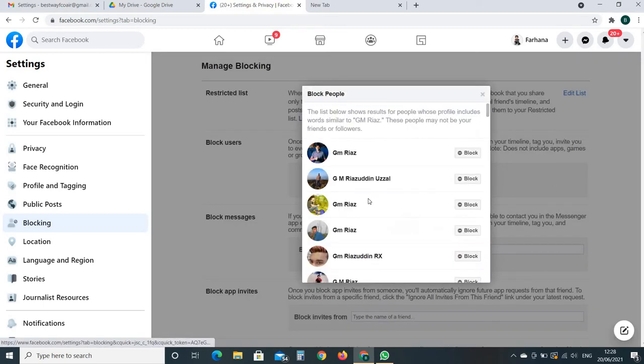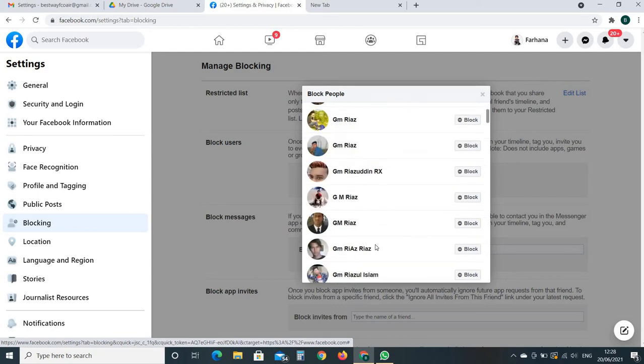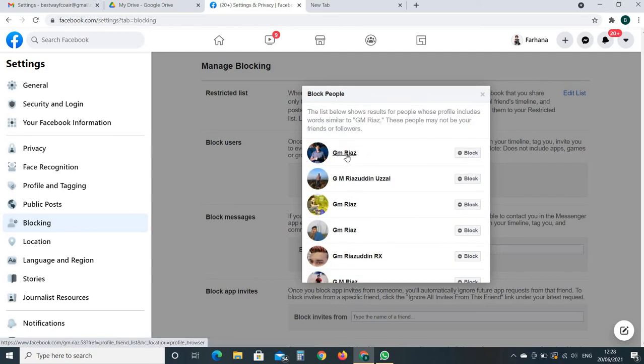So if we click Block, the system will find all the people with the name GM Riaz. For example, this is the guy who I am going to block, and you can click the name so that you can be sure this is the person you are going to block. So on the left side is Block. If we click Block,